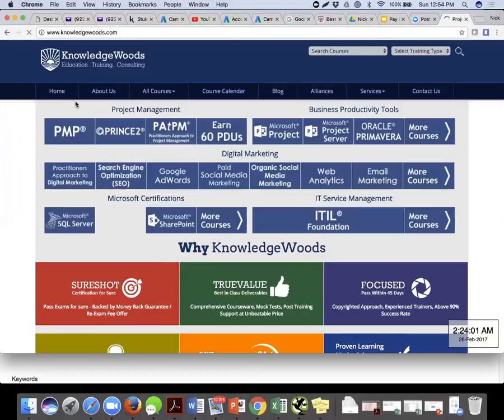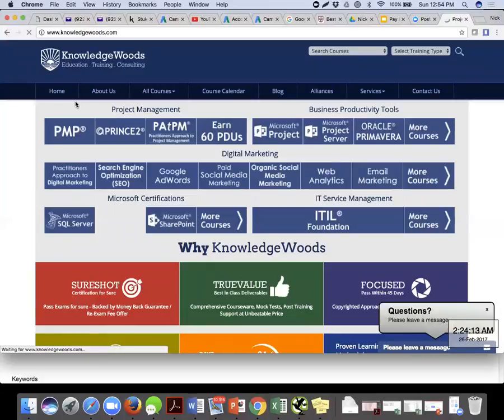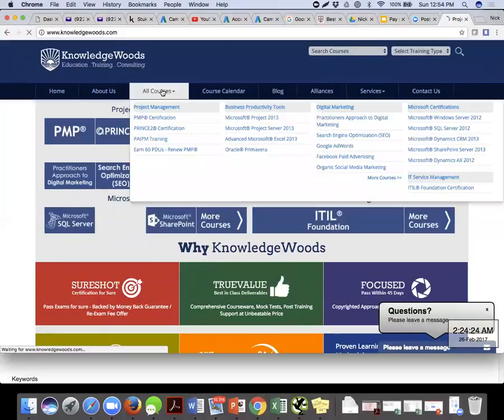Now, we don't want the visitors to land onto the homepage, that's for sure. Since we are not promoting the homepage, we are not promoting everything. We do want an internal page, which is the digital marketing page. Let's go to all courses, the third bar in the top menu. And in this, you see the digital marketing option. Should I click on that? Yeah, absolutely.